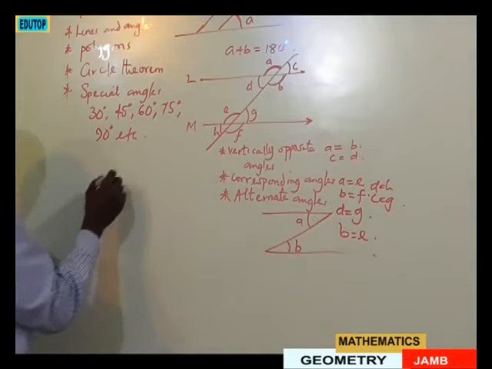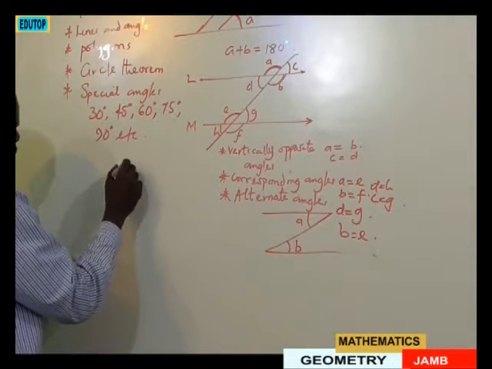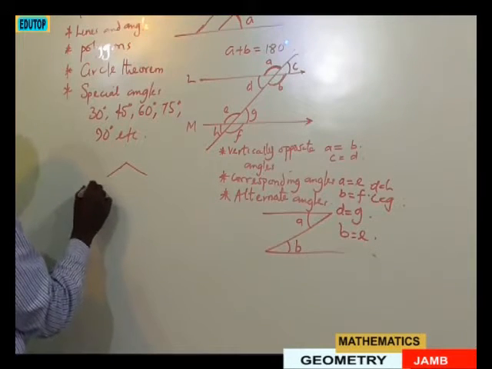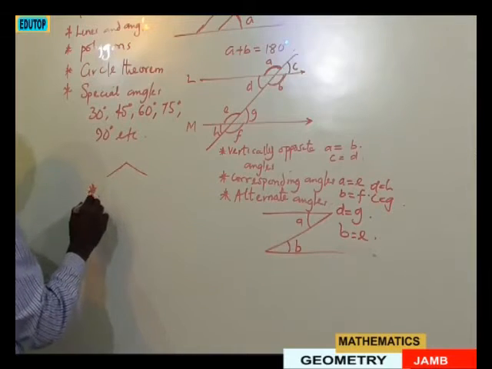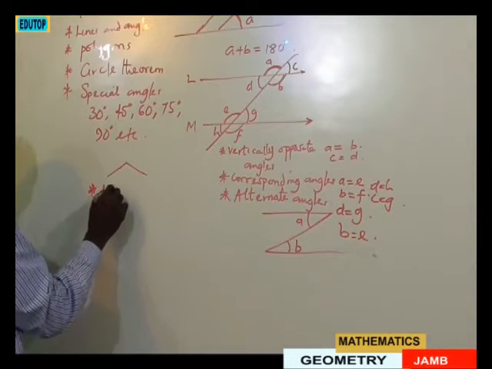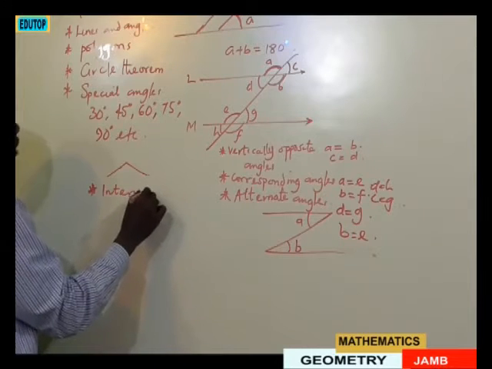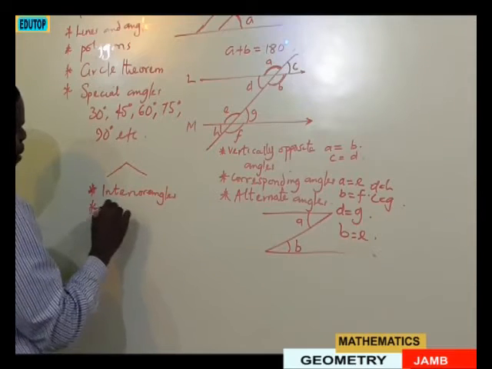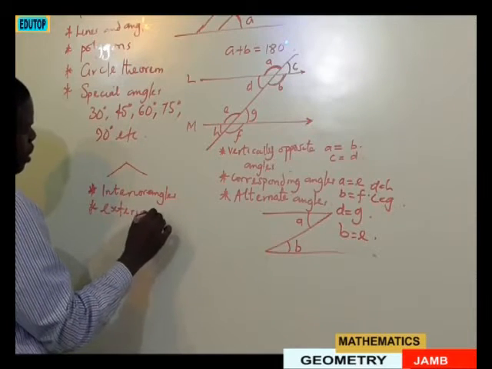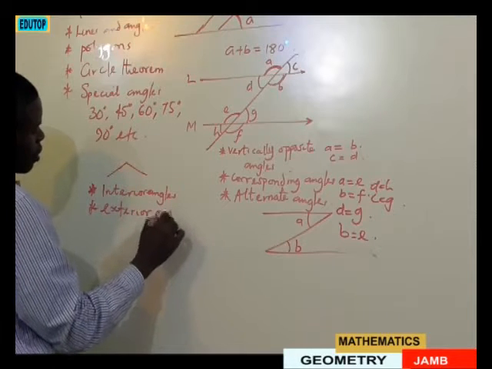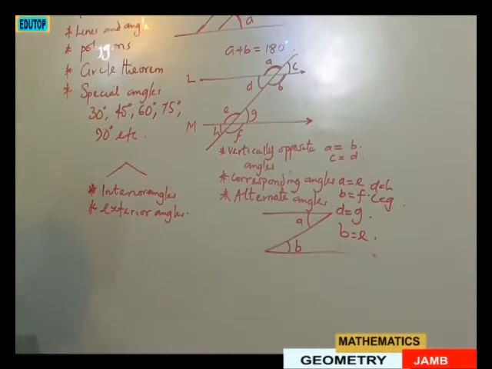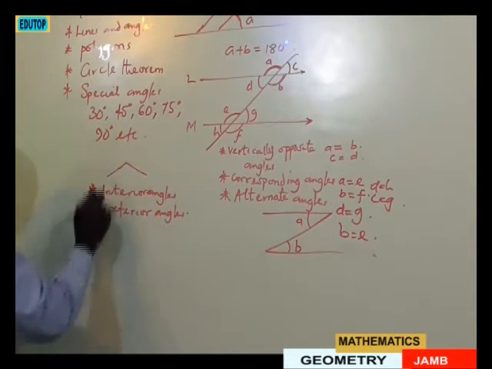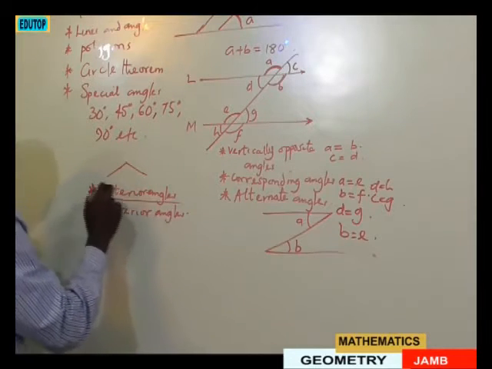Polygons. So we are talking about polygons. There are some important points that we need to note. Here we have what we call interior angles, and we also have exterior angles. Now, the sum of all the interior angles of an n-sided polygon,